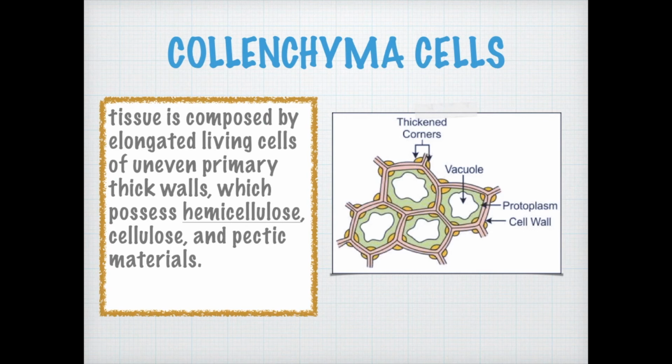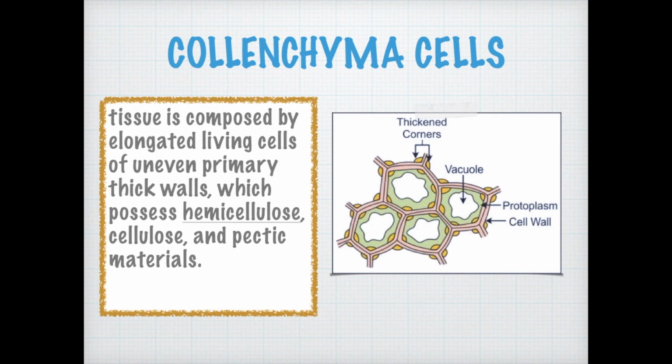Let's talk about the composition of the cells in the tissue. The first thing that you will notice is that they are angular cells. They are not spherical or oval in shape. They are slightly angular. The intercellular space is at a minimum. You might not even see the space between the cells, so it is almost lacking or very minimal. The next thing you can notice is that the cells are living. It is green, the green color wherever the protoplasm is. It has the cell wall, and within the cell wall, if you have protoplasm, that means the cells are living.